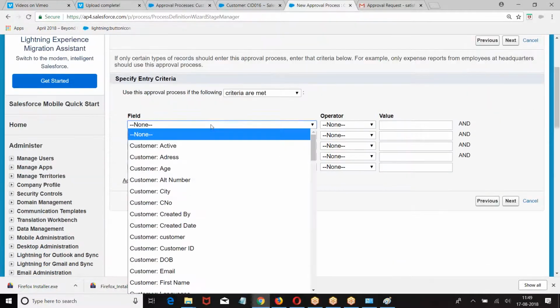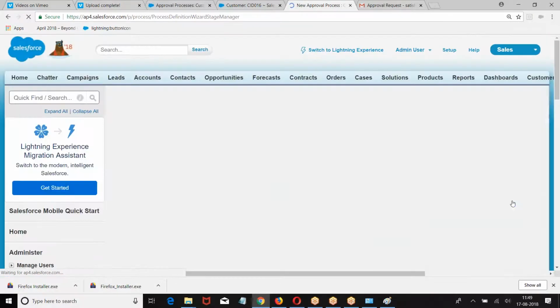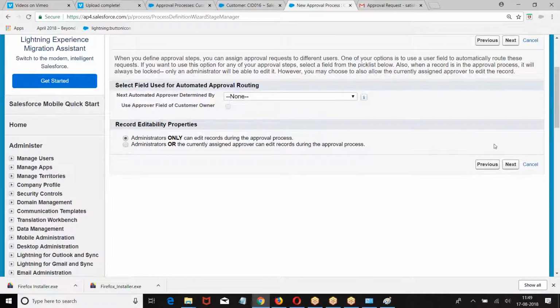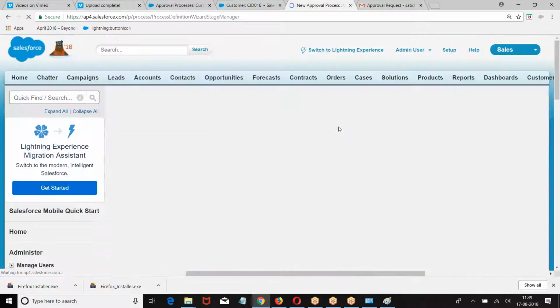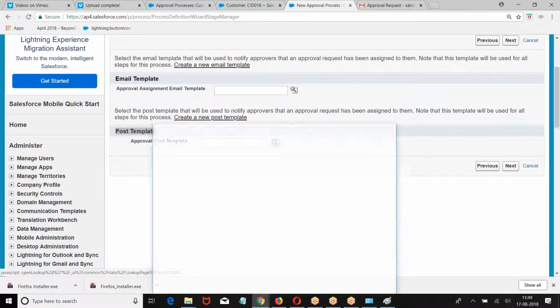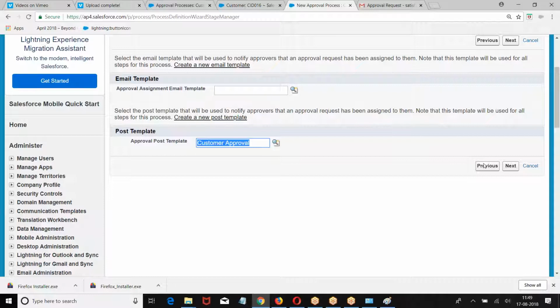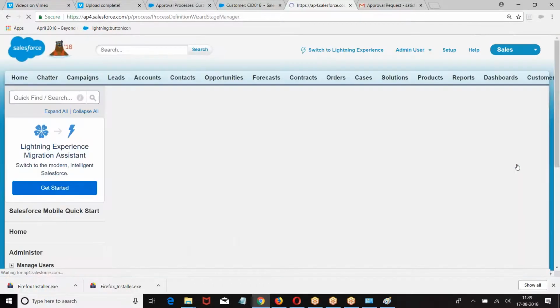Then the condition: when age is greater than 60, you can submit the record only when age is greater than 60. Then give next. Now we are getting one extra option. What is this? Post template. This is the Chatter template we created. Next.